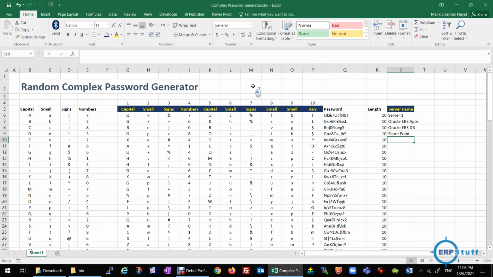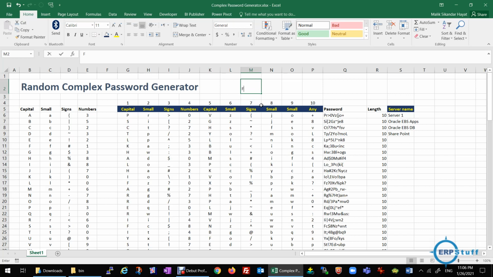Now, if you do anything, it will not change. To refresh, you have to press F9. This is a key on your keyboard, F9, right. Otherwise, it will not refresh.